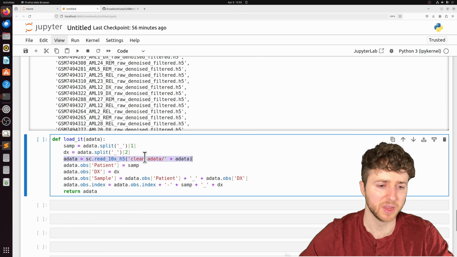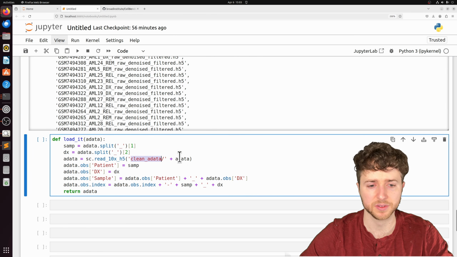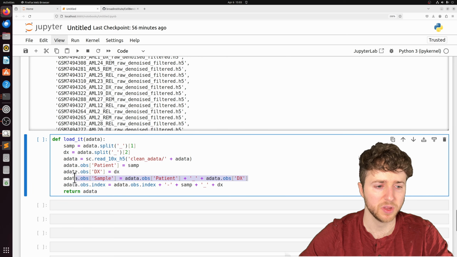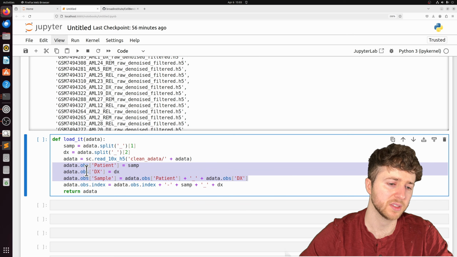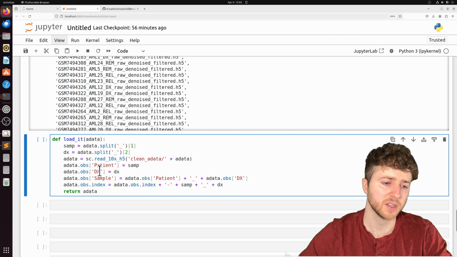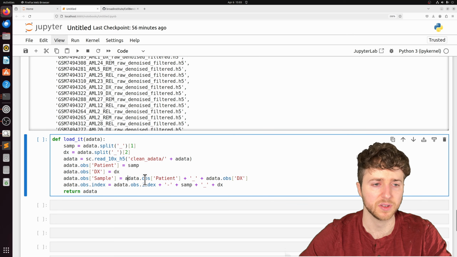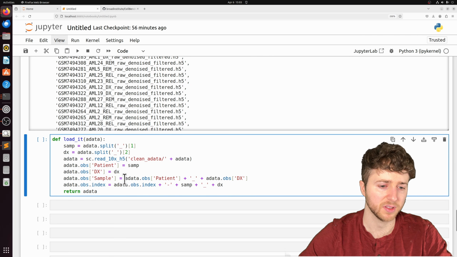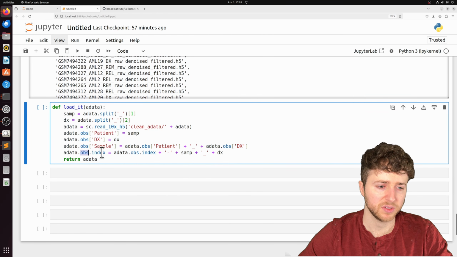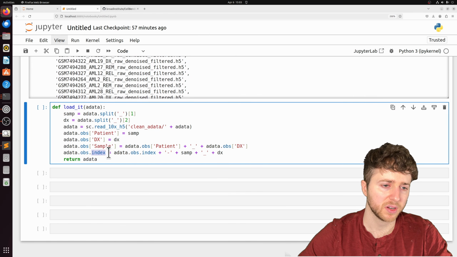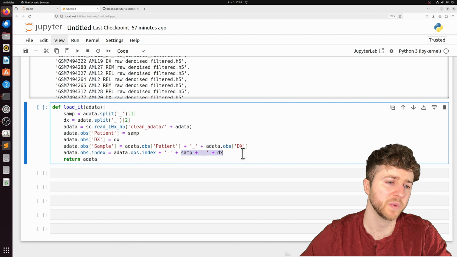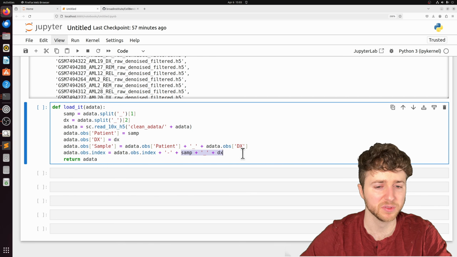We're actually going to pass the path, clean AData, where these files are saved, plus the file name. And then all we're going to do is open it, then add 3 columns into the observation data frame: patient, diagnosis, and then to differentiate between the individual samples, even within the patient, we're going to make a sample column, which is the patient plus the diagnosis. And then I'm also going to modify the cell barcode to include the sample and diagnosis, just so that when we eventually concatenate the samples, there's no